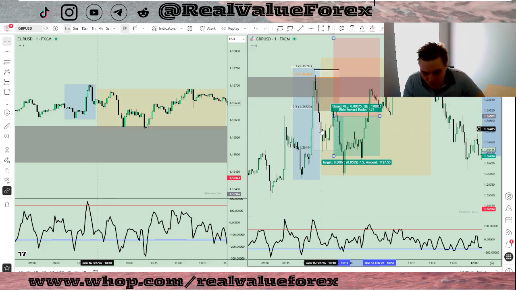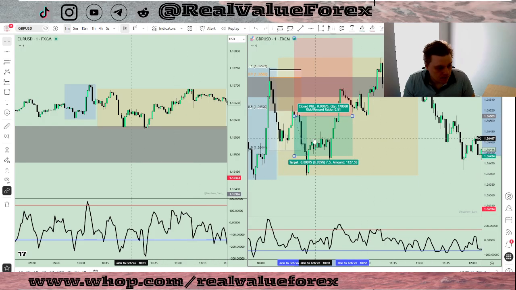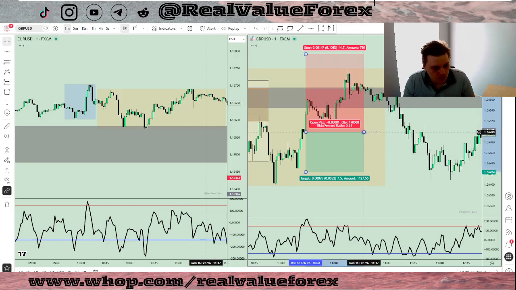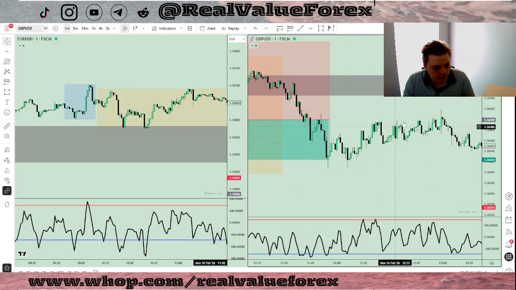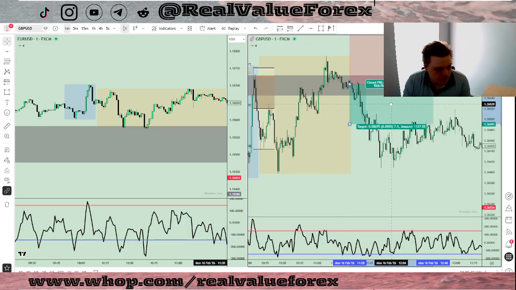That was as well an immediate take profit, because like I have said, there are two things we need. One is delivery, where we start our move, and from an order block plus sweeping daily highs, that's the perfect case scenario. From there we start our move, and we need of course a target, and there were many targets along the way. But also let's just play around. If we would have entered here, yes, there was a lot of drawdown along the way, and yeah, we would hit that break even. So the best case scenario would be some structural break like this, and we would enter in here.